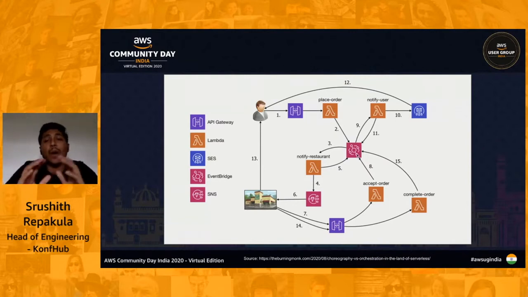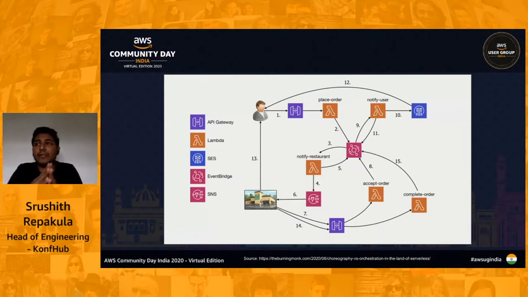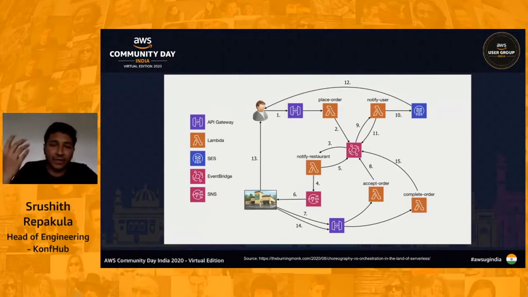So this is one kind of way of dealing with this food ordering application. This is what is called choreography, right? There are individual Lambda functions, and they are choreographed to perform a dance, right? Each Lambda function has its own responsibility, and they have their own triggers. And the moment there is a trigger, the Lambda function executes and goes down, right? So this is what is called an event bus, where we can trigger various Lambda functions based on the events that are coming in.